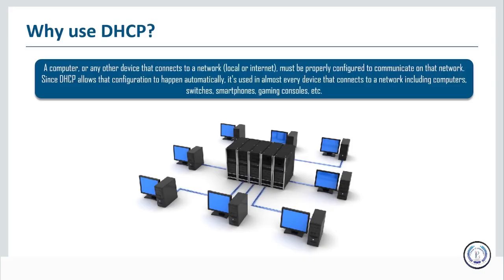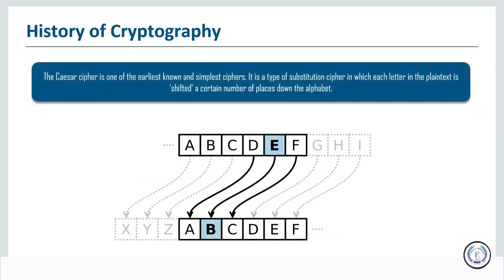Okay, so that winds up DHCP for us. So let us go into the history of cryptography now. Let me give you a brief history of cryptography. Cryptography actually goes back several thousand years, shortly after people began to find ways to communicate. There were some people who were finding ways to make the understanding of that communication difficult so that other people couldn't understand what was going on. And this led to the development of the Caesar cipher, developed by Julius Caesar.